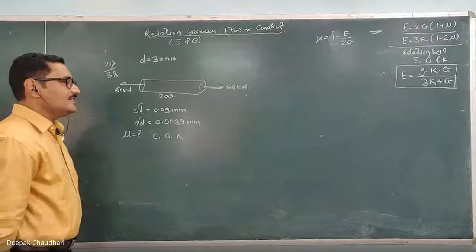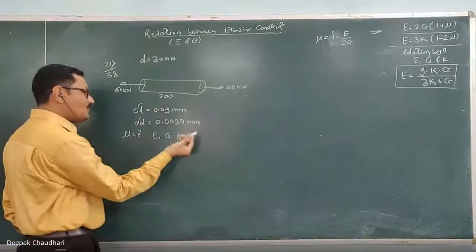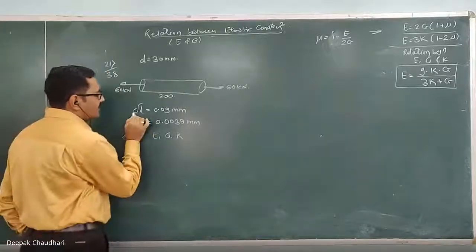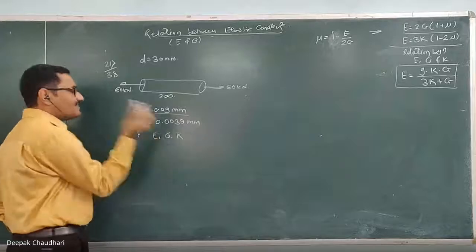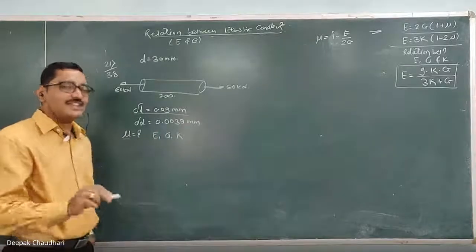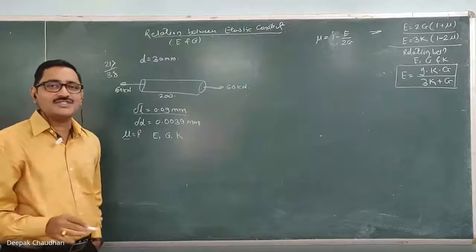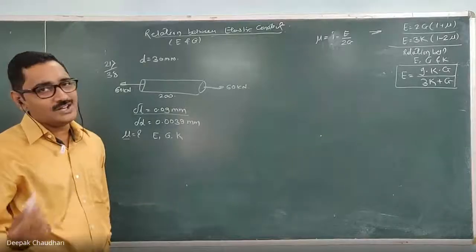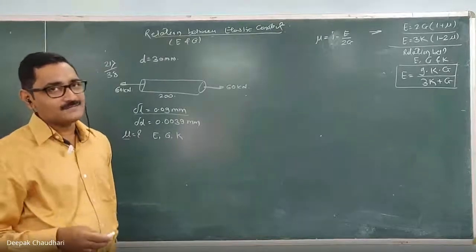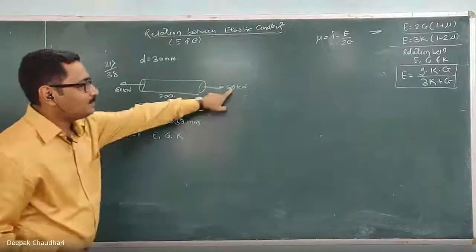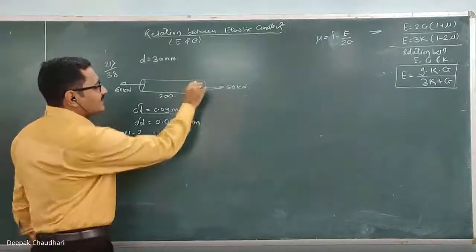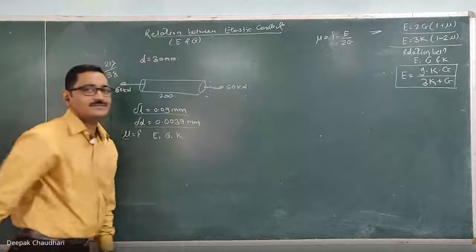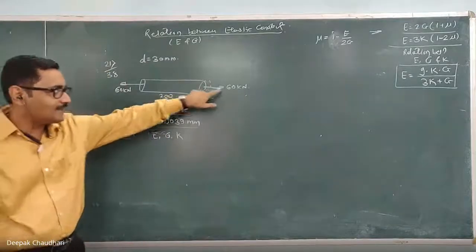Now, listen. I told you, when I explained the Poisson's ratio, the lateral strain and linear strain, that whenever there is a change in one dimension, there has to be a change in the other dimension. In technical language, whenever there is a linear strain, the lateral strain has to be there. Linear strain and lateral strain are always associated with each other and they are opposite in nature. In this sum, if a pull type of force is applied, there is an increase in length, and there has to be a decrease in diameter. This much diameter is decreased because of this 60 kilonewton.